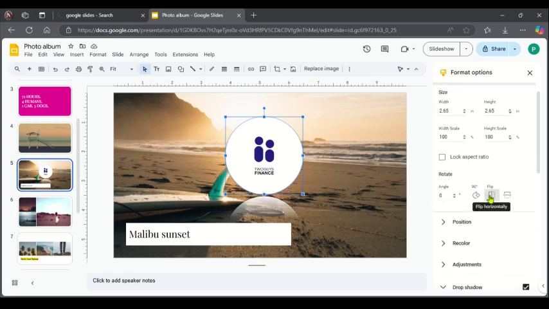So right here I can flip horizontally, I can flip also vertically, I can also flip using angles. Start from 90 degrees, I can start with 270. I can flip also, depends on how you want the flip to look like. So I'm just going to flip,